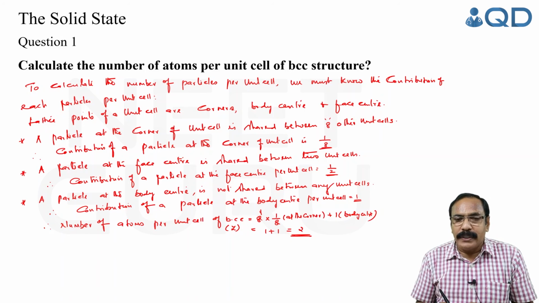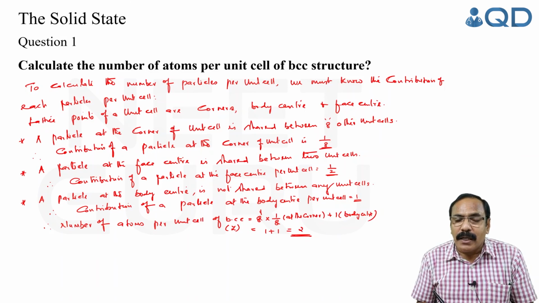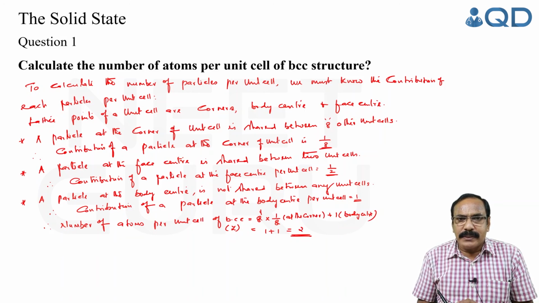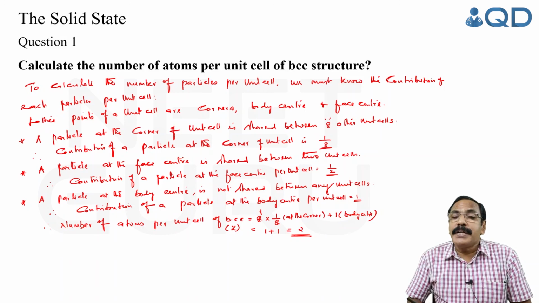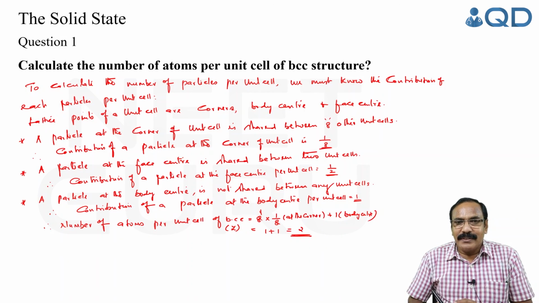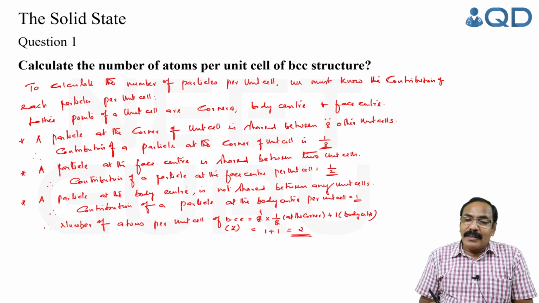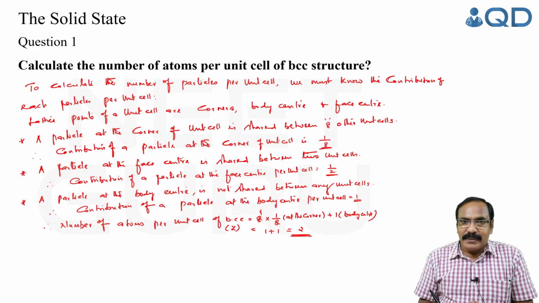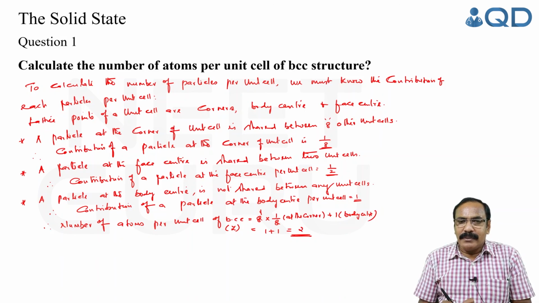There are two types of voids. One is a tetrahedral void, another is an octahedral void. In three-dimensional packing, real solids are three-dimensional objects. They have arrangements along the x-axis, along the y-axis, along the z-axis. That's why you have unit cell dimensions. In addition to the lattice points, particles may occupy voids. Okay, that we will discuss in our next question under concepts and snippets. That is the most important area that you have to focus on. Right? Thank you.